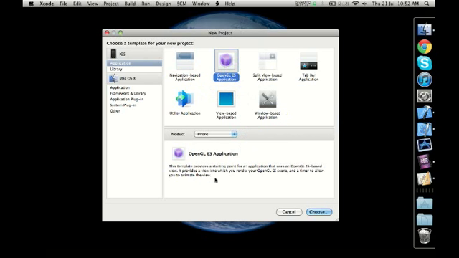OpenGLES applications. Now, if you read the description, it says starting point of an application that uses an OpenGLES based view. It provides a view into which you render your OpenGLES scene and a timer to allow you to animate the view. Now, this kind of application is not a very user-friendly application to start with initially, but once we've developed a